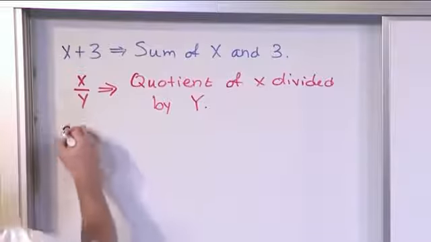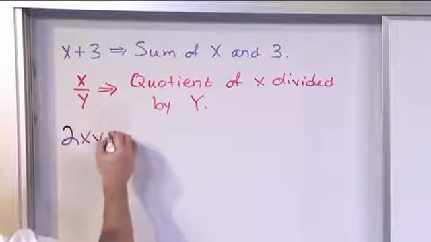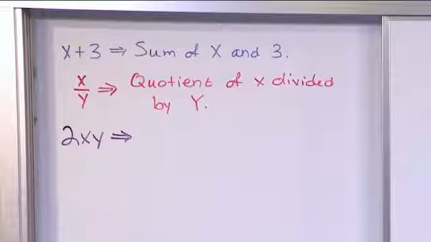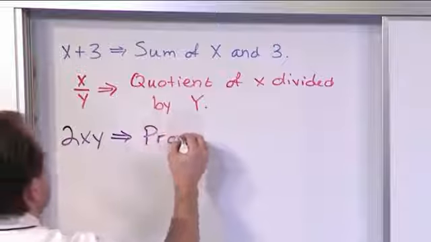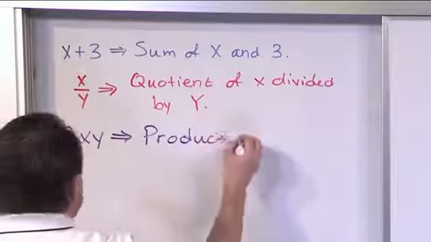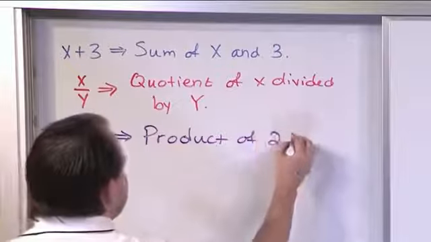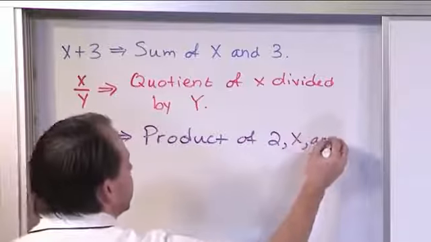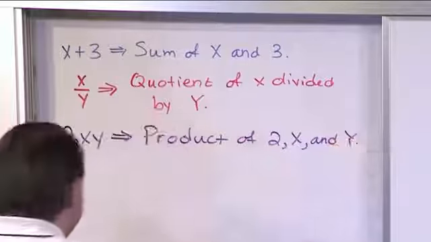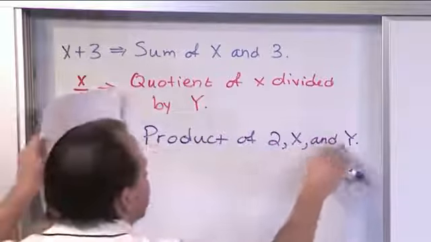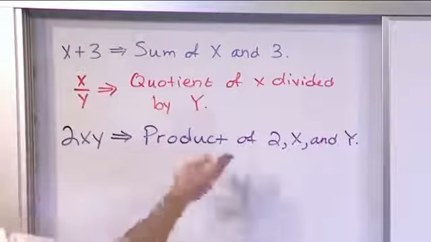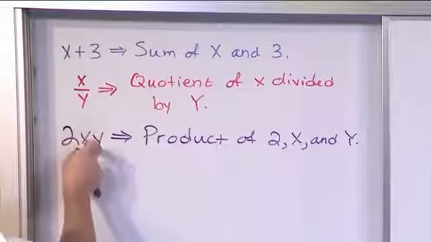What if you see something like 2 times x times y? How would you say that? Well, the key word for multiplication is the product. The product of 2x and y. So on a piece of paper or on a test, if you see something like, hey, what's the product of 2x and y? Write that down. And you don't know what x and y are, then you would literally write 2 times x times y, because